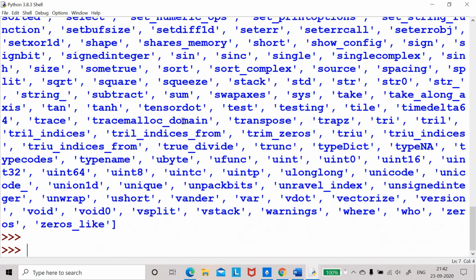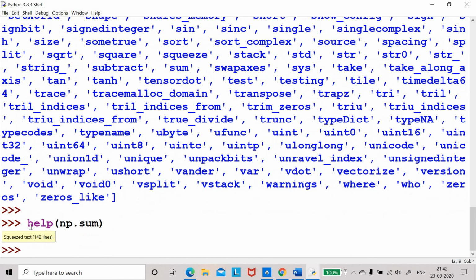Then what you will do, you want to see anything inside all those very many different functions and different modules, submodules that are there. Suppose you want to see what this sum is, then you type help. Inside that you write np.sum. That means sum is something which is under np.